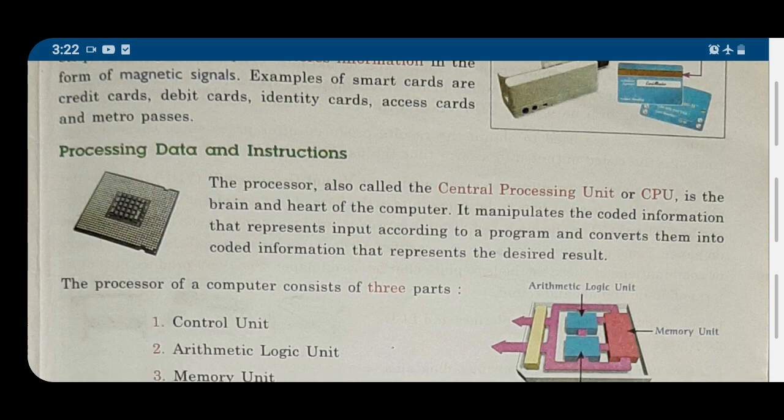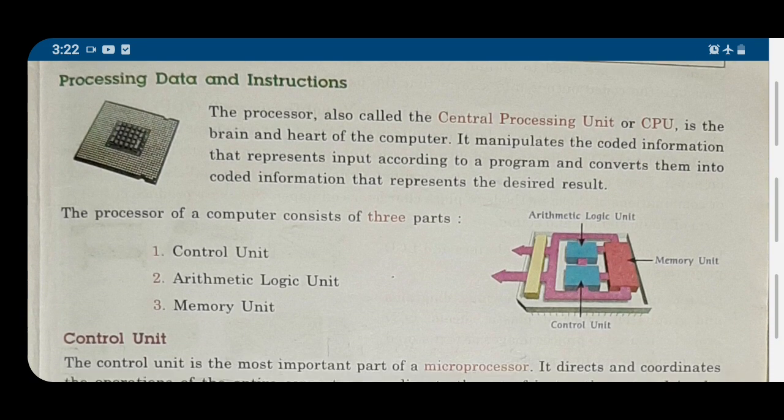I told you the processor consists of three parts: control unit, arithmetic logic unit and memory unit.